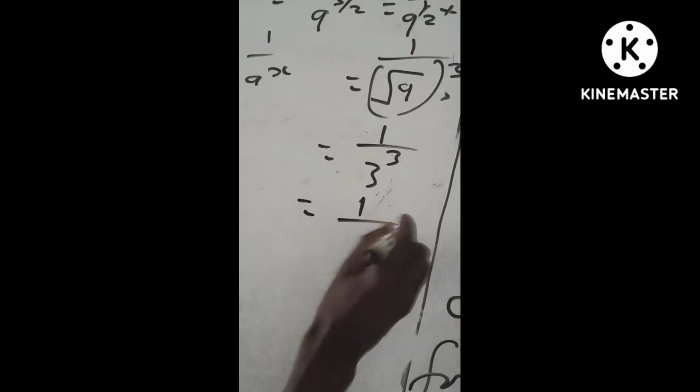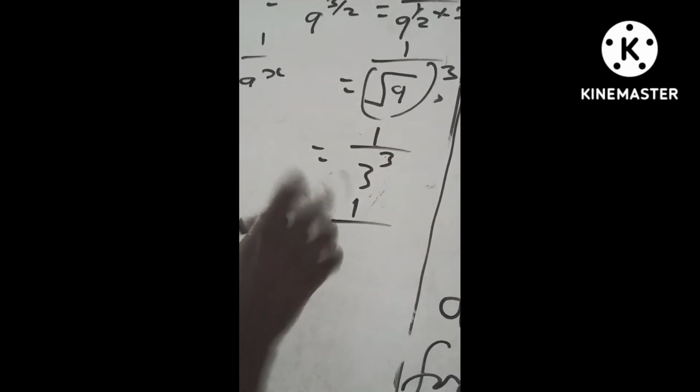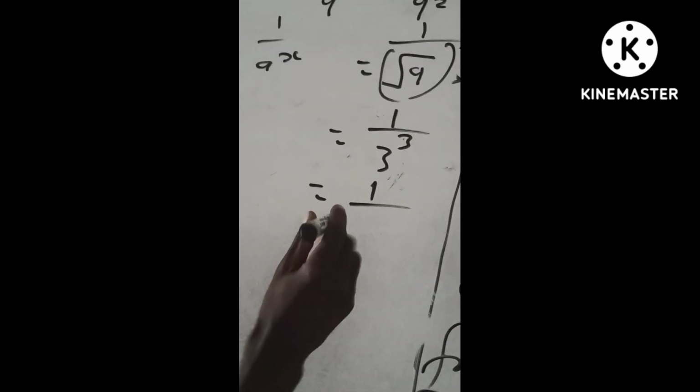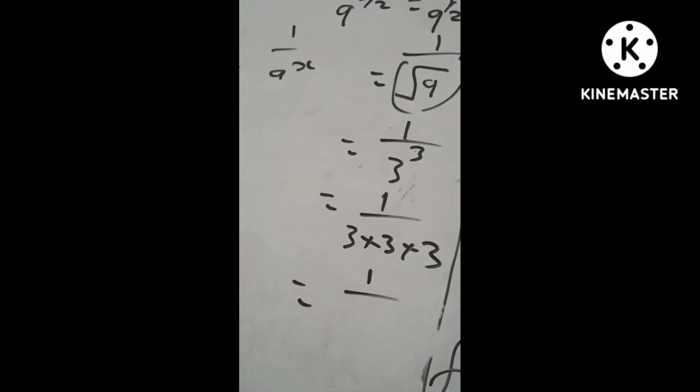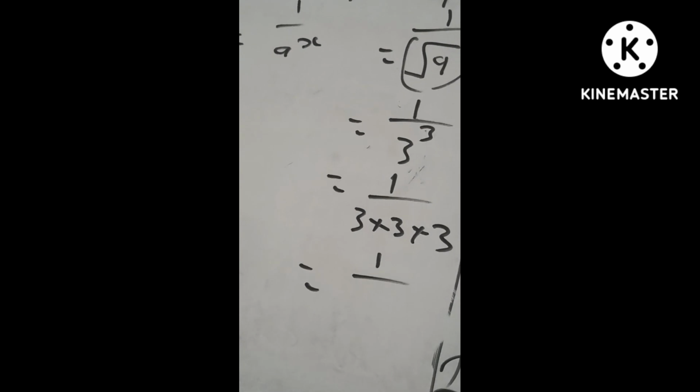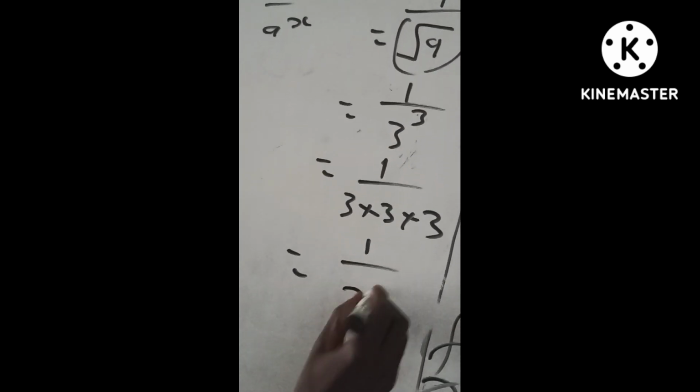So you have 1 over 3 to the power of 3, which means 3 multiplies itself 3 times. So you have 3 times 3 times 3. That gives you 1 over, 3 times 3 is what? 9. 9 times 3 is what? 27. So the answer now is 1 over